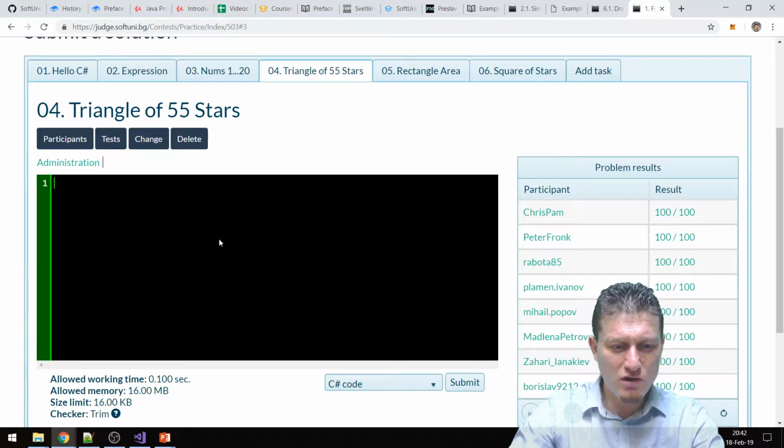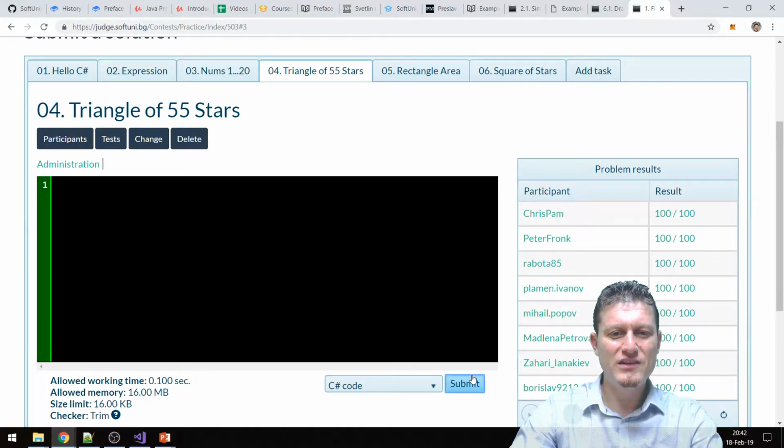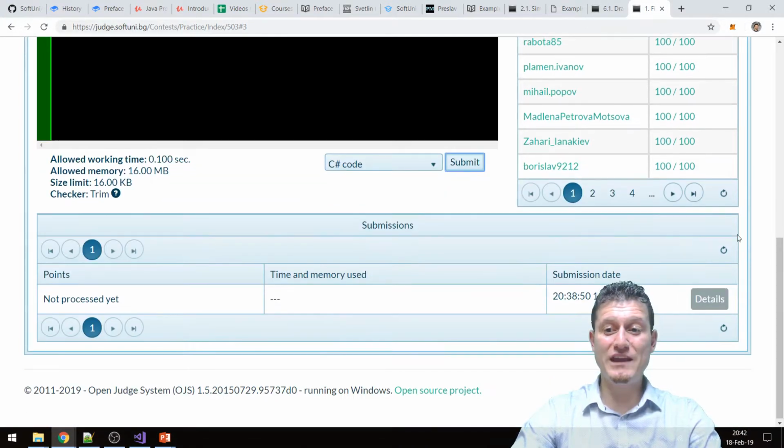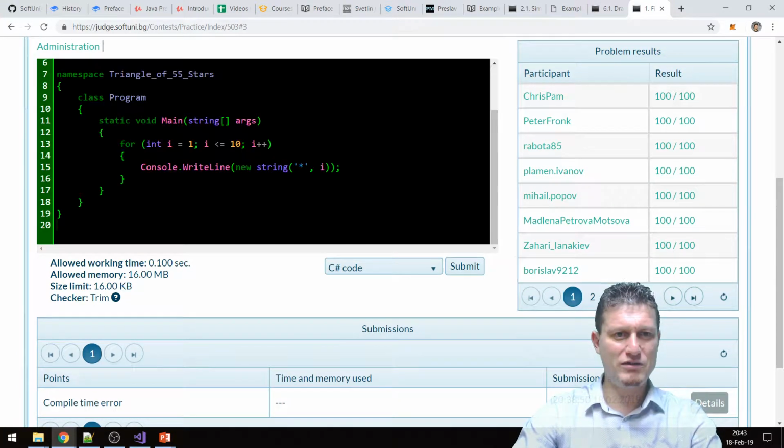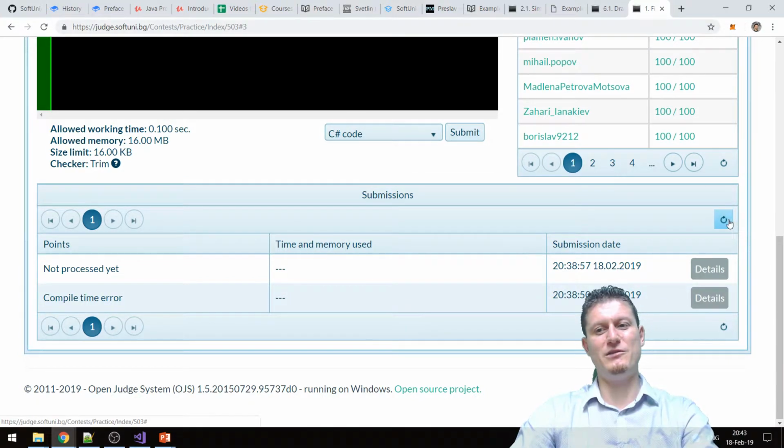So if I write like this, it is a kind of incorrect solution. If I submit this, it says compile time error. If I run a correct solution, it will need some time to be evaluated.